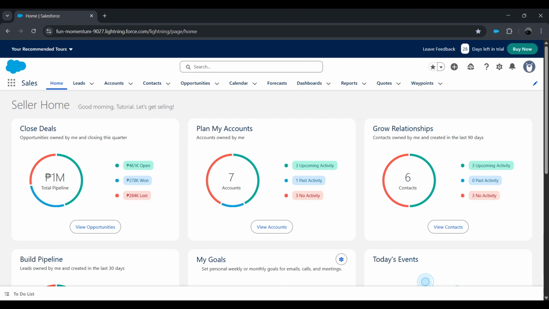Today, I'm going to teach you how to help sales teams go from lead to close in Salesforce. This process streamlines your entire sales pipeline, ensuring no opportunity falls through the cracks while giving you clear visibility on every deal's progress. First, navigate to the Leads tab by clicking the waffle icon in the top left corner,